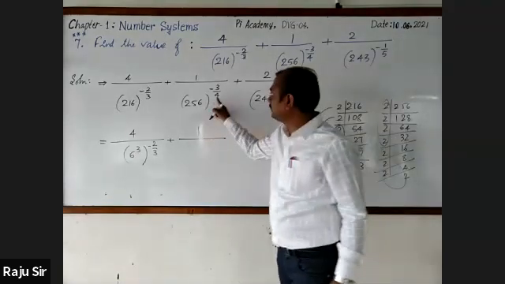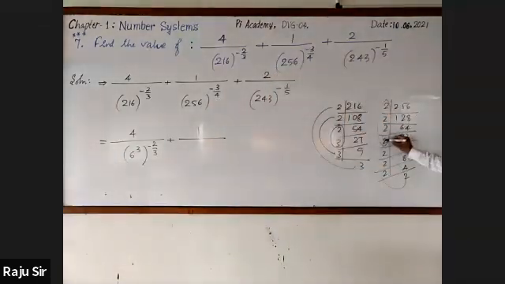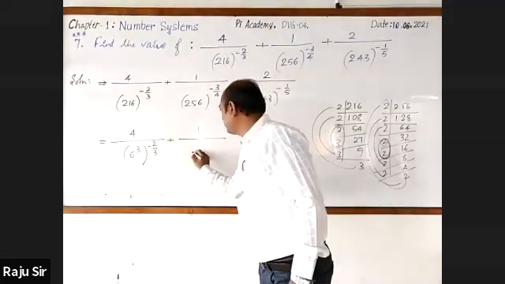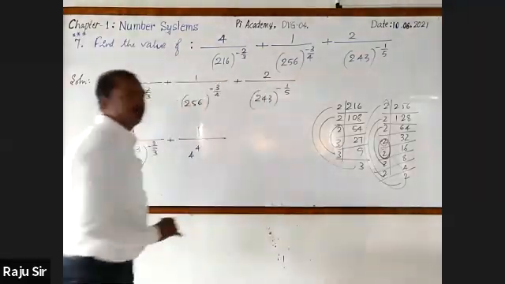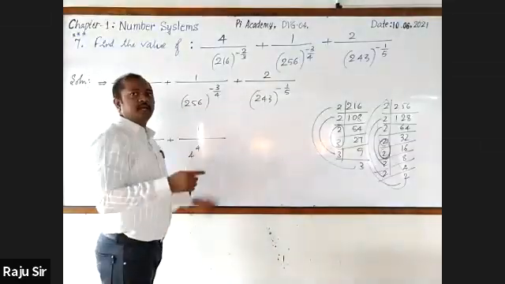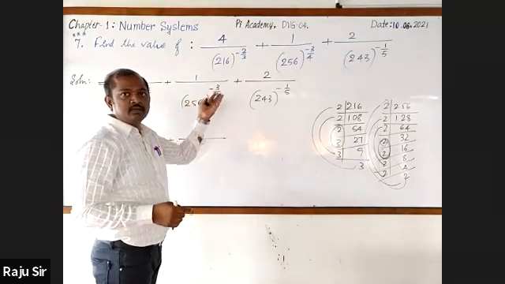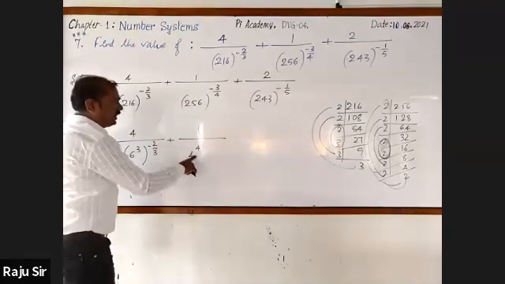But in the denominator we have 4. Hence I'll go for taking like this. 2 2s are 4, 2 2s are 4, 2 2s are 4, 2 2s are 4. Hence it can be written as 4 raised to the power 4. Understood? Sir, we can write 2 to the power of 8 now, sir. You may write. On cancelling, 2 1s are 2, 2 4s are 8 comes. Then the power will be minus 12. So to make it a simple one, I have been taking like this.